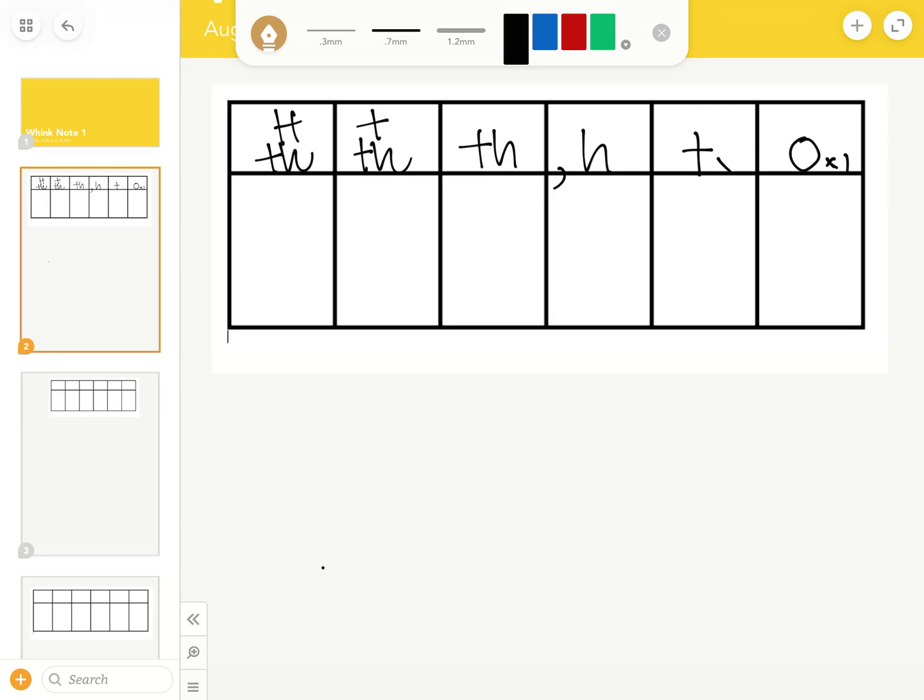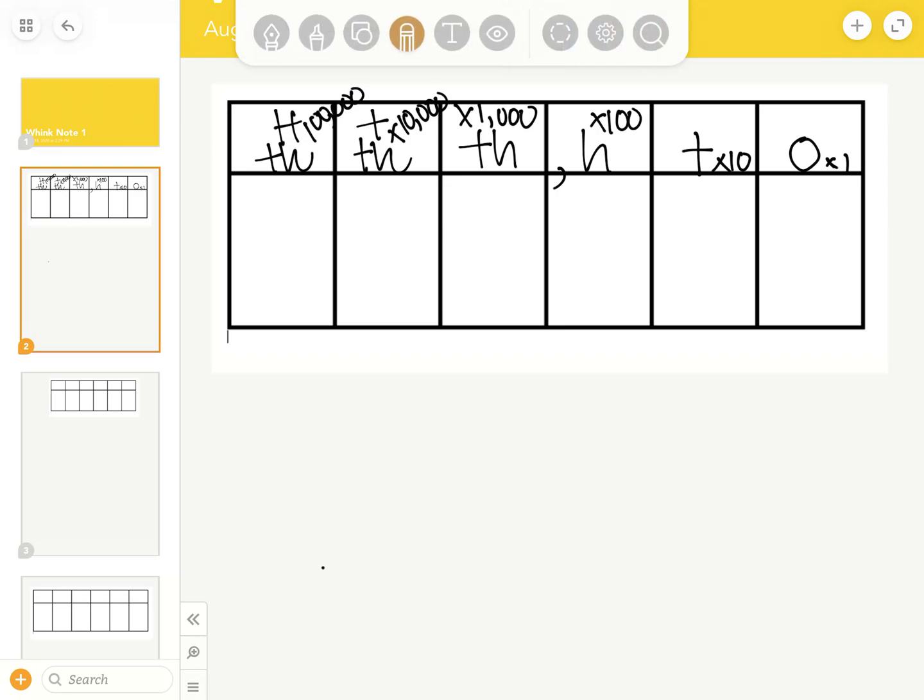When we're in the tens, we're going to count by tens. When we're in the hundreds, we're going to count by hundreds. And we're in thousands, we're going to count by thousands. 10,000s, we're going to count by 10,000s. And 100,000s, we're going to count by 100,000s. Okay, so each place value you're going to count by whatever is the name. So ones, let's look at this. Let's say,